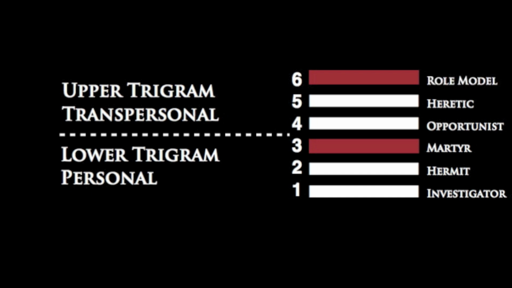And it's also why the 6th line, up until the Saturn return, goes through a 3rd line phase. If you have a 6th line in your profile, before your Saturn return, up until the age of about 28, that 6th line actually experiences everything in a very 3rd line way. It goes through a lot of trial and error. It goes through a lot of experiences and things. And of course, it's great for the 6th line to have to do that, because in order for it to even be the role model, it has to go through all this stuff and understand the really kinetic inner workings of the hexagram.